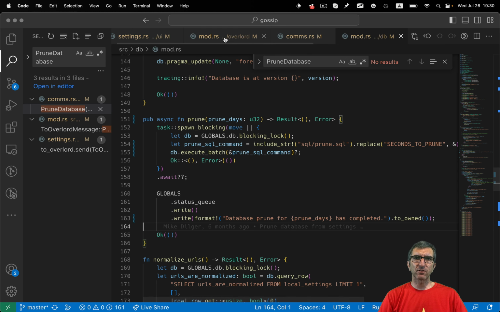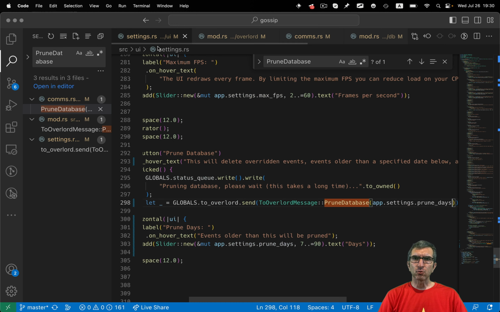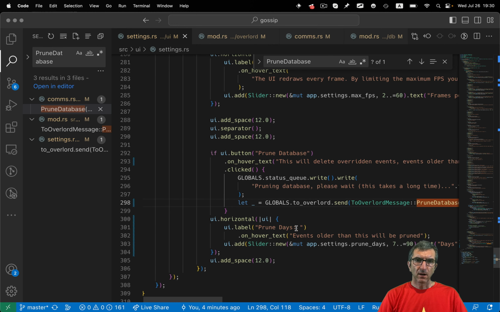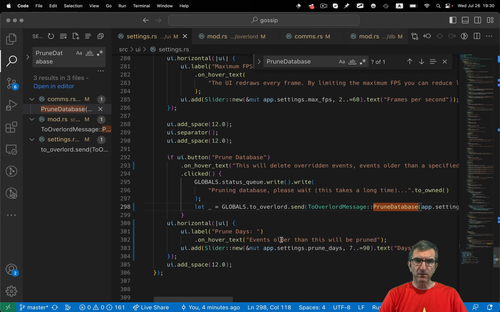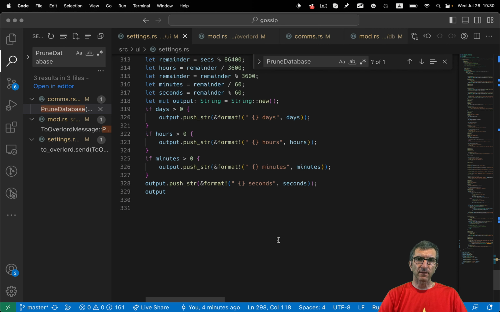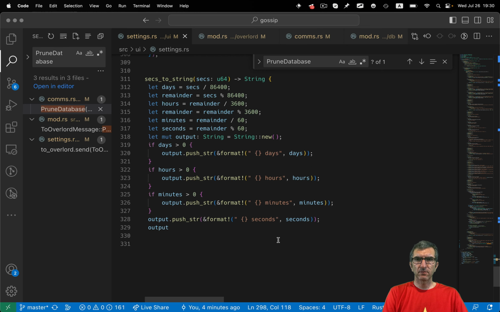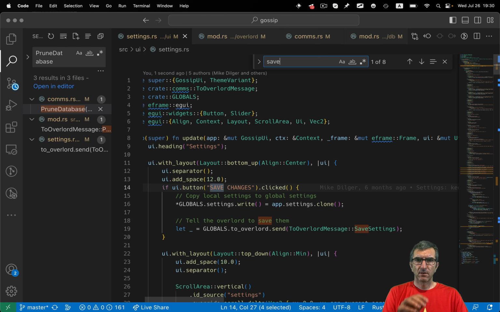Save changes was the button, right? So I can go to my UI. It calls, when you go with the save, where is the save? Save changes.